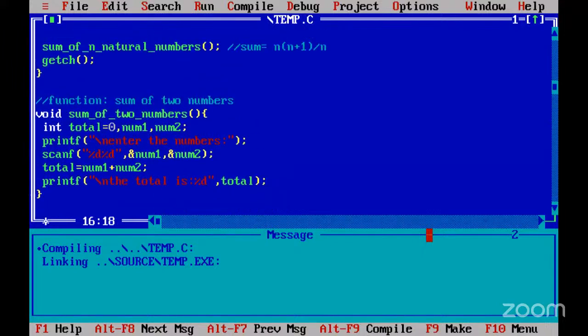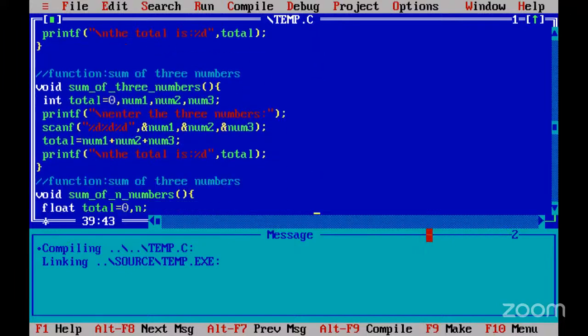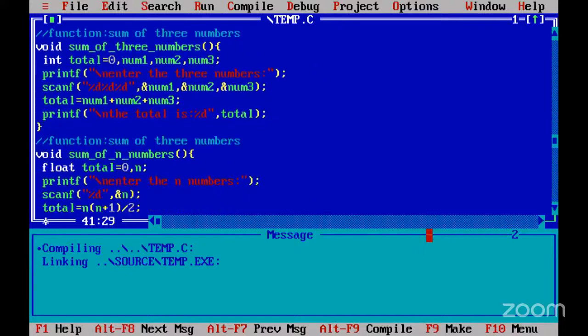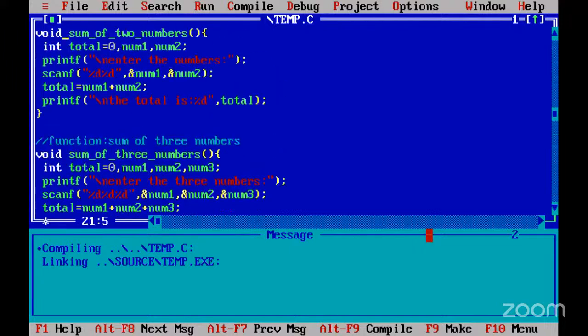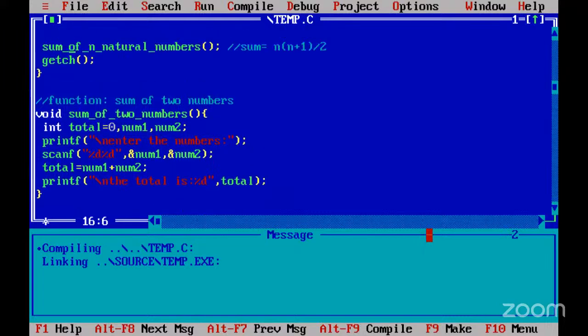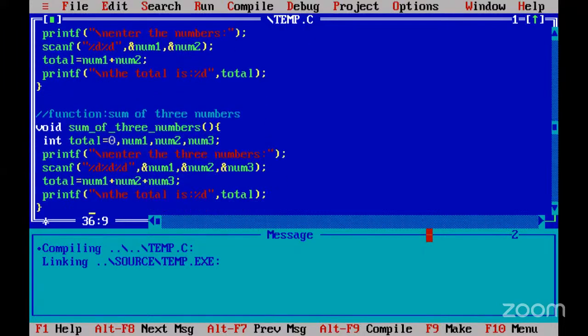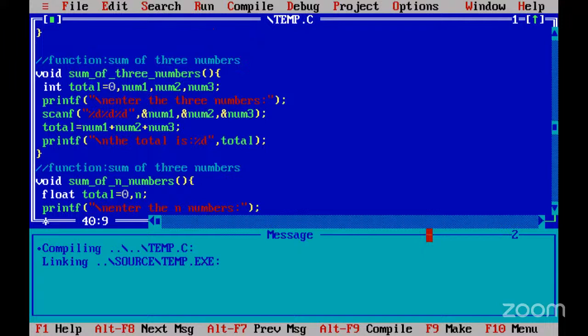Okay, sum of n, n of n plus 1 by 2, something like this. This is the formula. I have called this void sum of n numbers. So n numbers here, what I have given, n natural numbers. So I will have to give the same name because we write once, but maintenance will be forever in